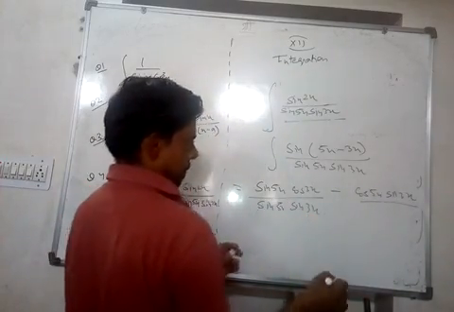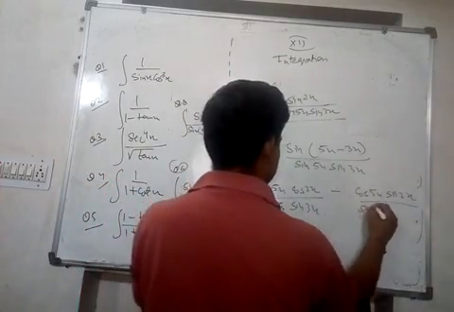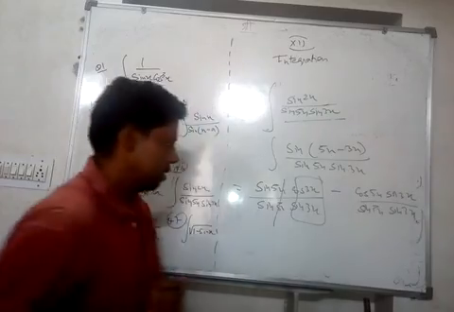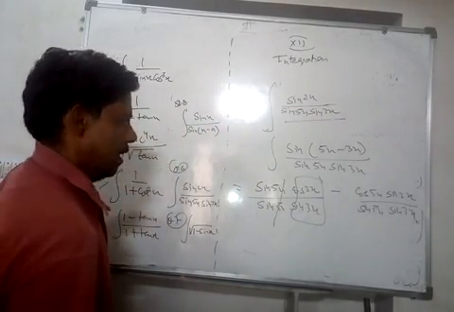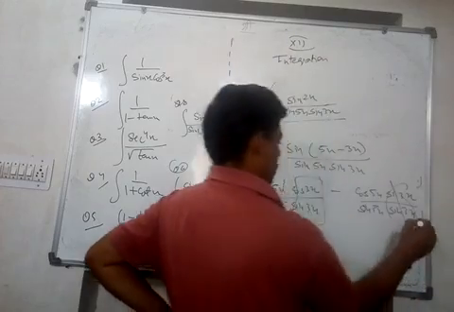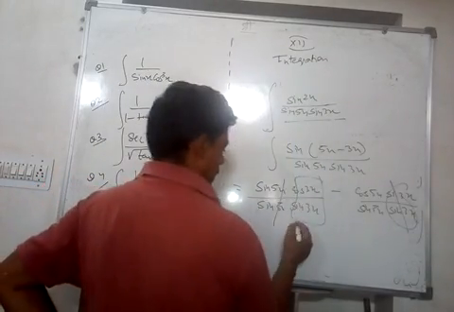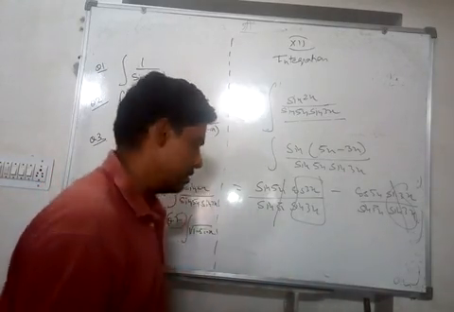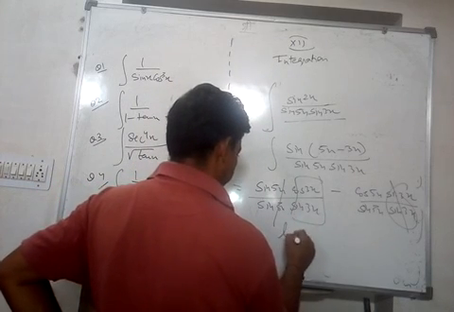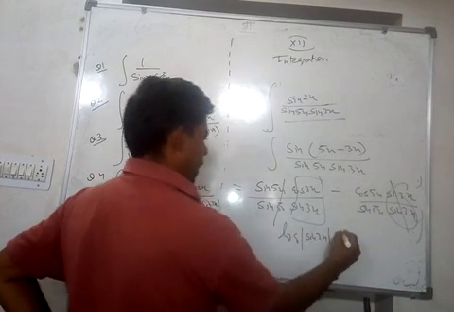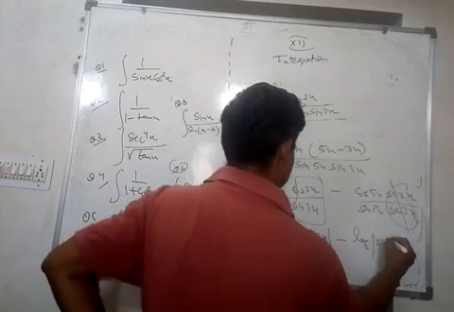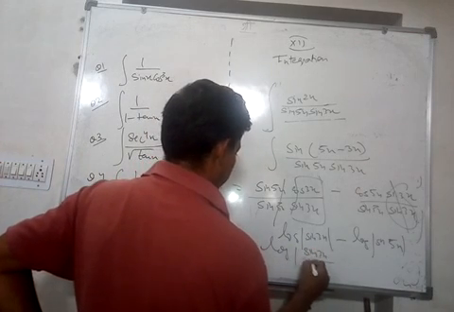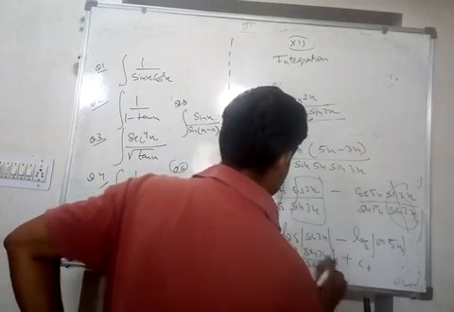Divide this. Okay. This is sin 5x sin 3x. So this is gone, cos upon sin, that is cot 3x, and this is gone, so cot 5x. This can be done separately, and the integration of cot x is log sin x. So we can write this as log of sin 3x minus log of sin 5x, or we can write log of sin 3x upon sin 5x plus c. So that will be the answer.